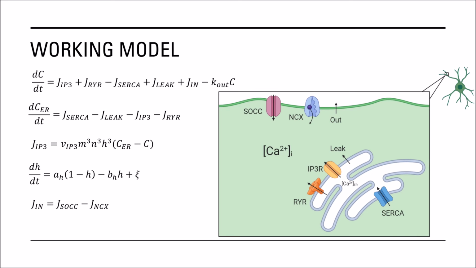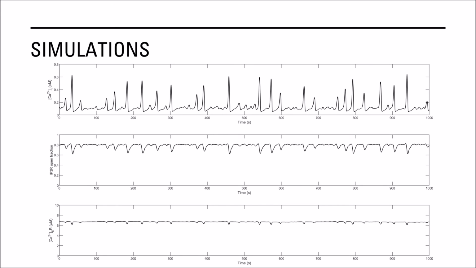This can be really useful in biology because it's really hard for me to tell you exactly how much calcium there is inside a cell at a given point, but I can tell you how that calcium changes because I know what receptors there are regulating the flux, and I know what forces drive the movement of calcium. Using this model to run a simulation, you might get something like this that predicts the calcium waves in oligodendrocytes.